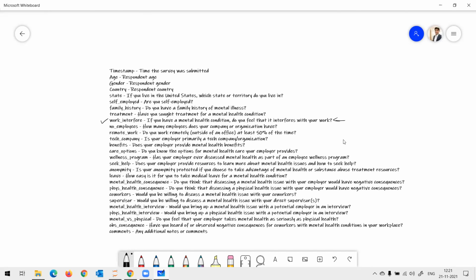Positive, negative. There is a column called mental health consequence. It says, do you think that discussing a mental health issue with your employer would have negative consequences? Correct? If the answer is yes, that means the company has a negative attitude. If the answer is no, then the company has a positive attitude. If the answer is maybe, I can say the attitude of the company is moderate. Are you with me?